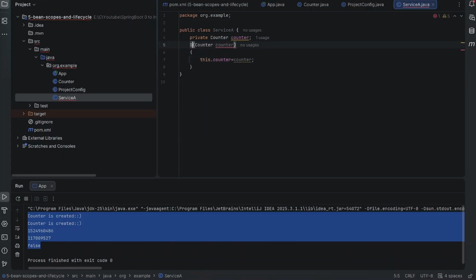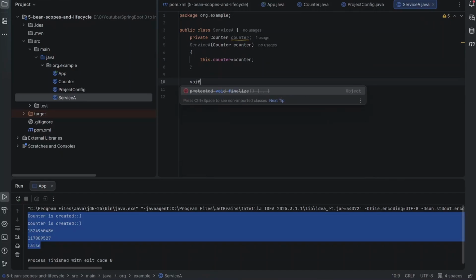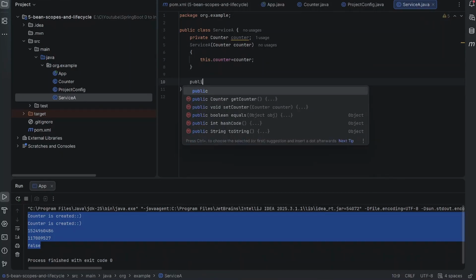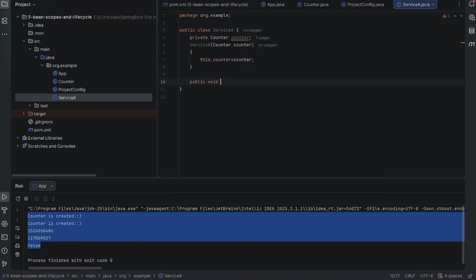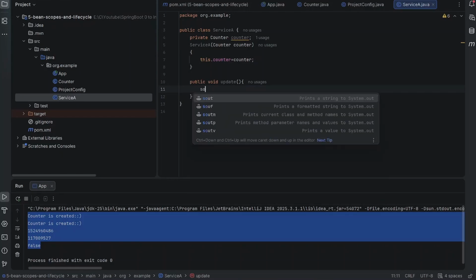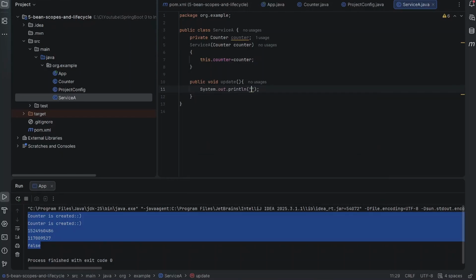Sorry, it's ServiceA. Let's say there is one method in which we update it, public void update. It will increase the counter value. So let's print it: Service A is incrementing the count to